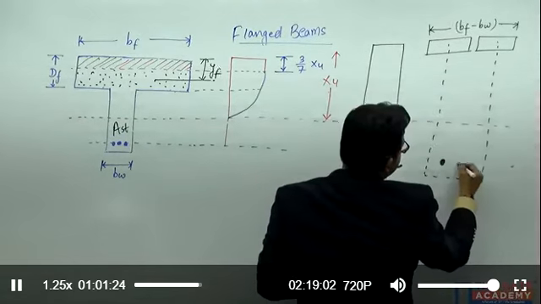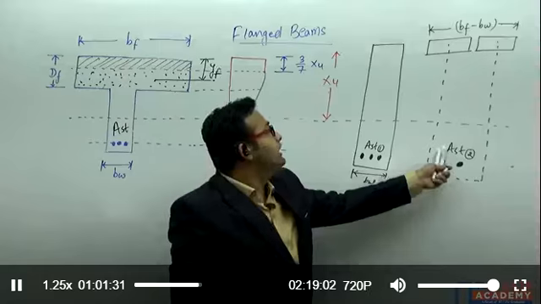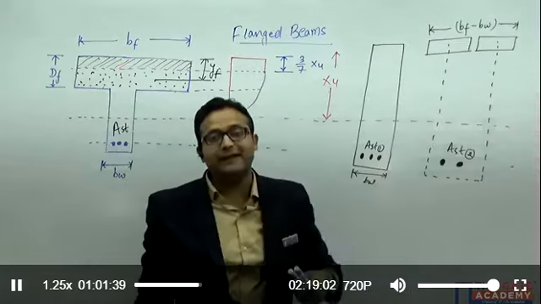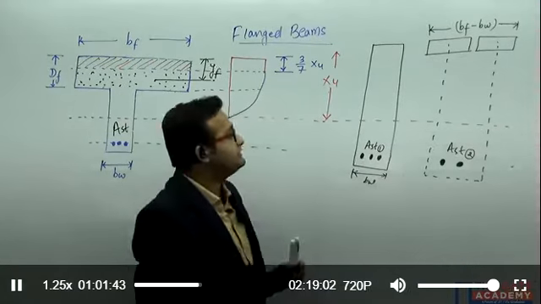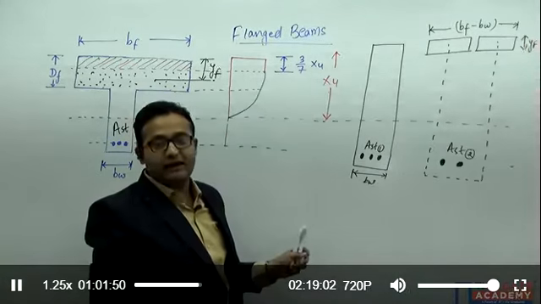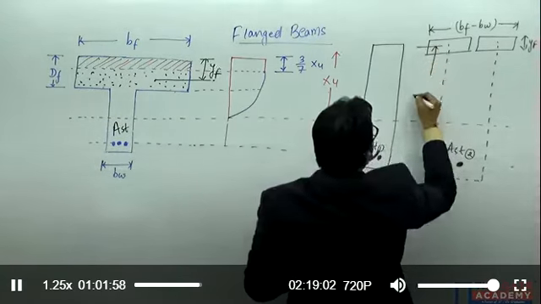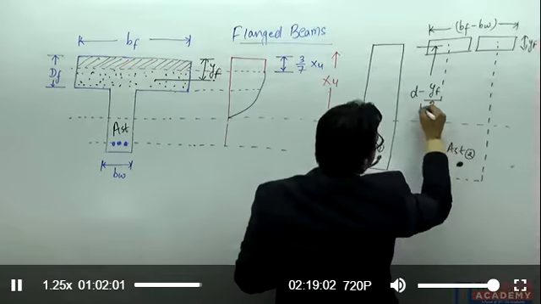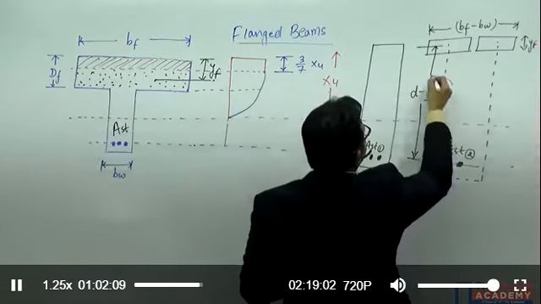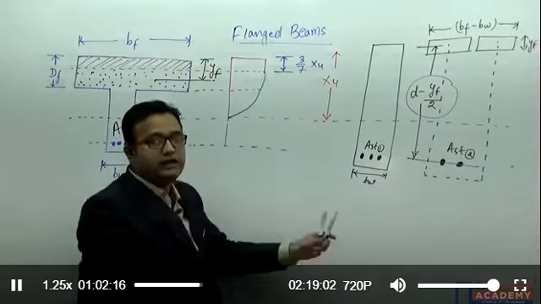Here I am going to provide suppose ST2, and the available width is BF minus BW. Now the depth, this time I will not be taking DF, that is the total depth of the flange. Now this time I will be taking YF. This is your equivalent depth of the flange. If this is the YF, so your available lever arm will be D minus YF by 2. This D minus YF by 2 will be the lever arm for this figure, and here we know D minus 0.42 XU.